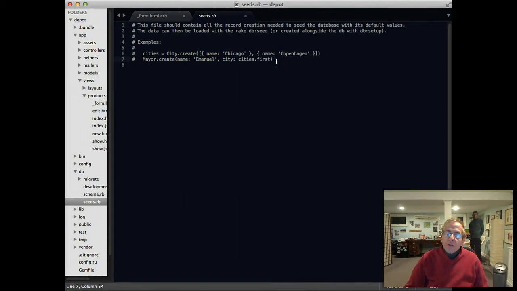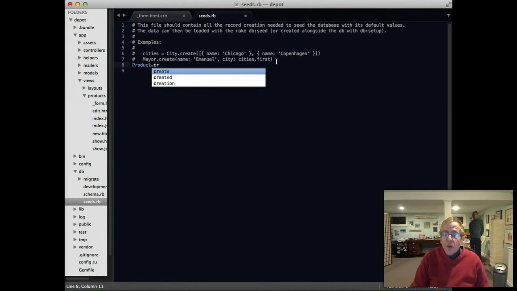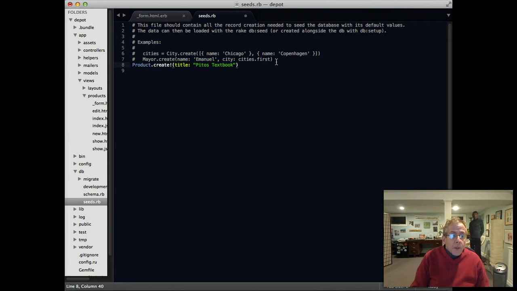Now, you will not necessarily recognize what I'm doing here because it covers uses of Active Record that you have not seen yet, but still it might be interesting to see something a little bit different from what the book shows, and then I'll do what the book shows as well. So essentially I'm going to issue Rails commands, so this is just regular Ruby on Rails, and I'm going to create a title in my seed data called Pete's textbook, and I'm going to give it a description,